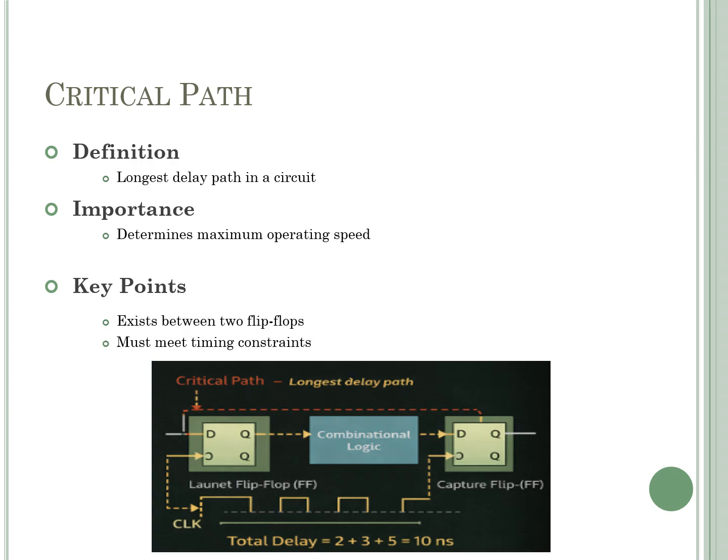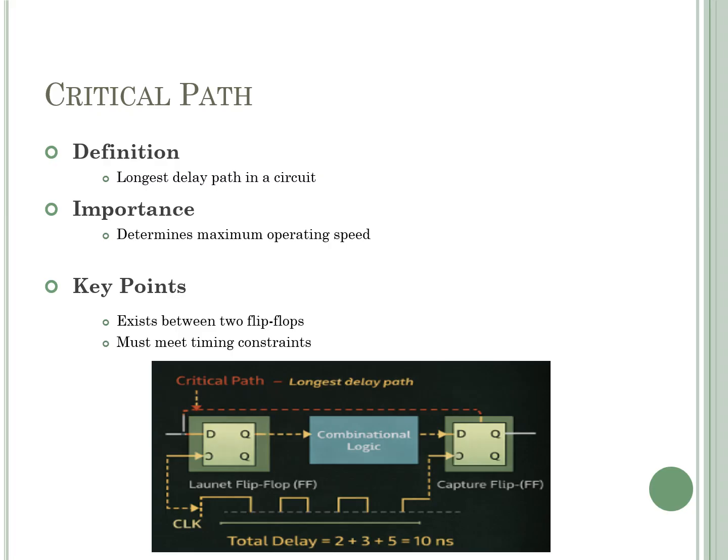Let's look at this diagram. Data starts from the launch flip-flop, passes through combinational logic, then reaches the capture flip-flop. There can be multiple such paths, but the one with the maximum delay is called the critical path. Now you might think, why do we care about the longest path? Because this path takes the maximum time to complete, and the system must wait for this path to finish before